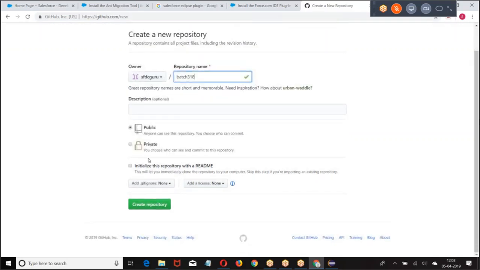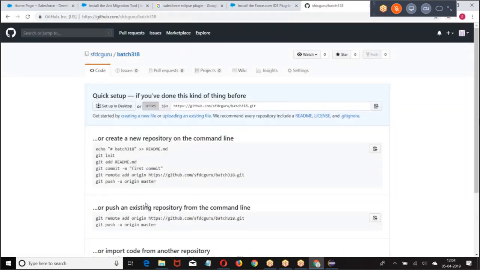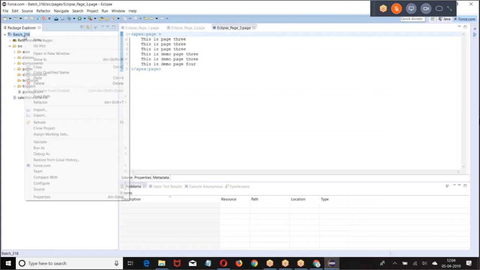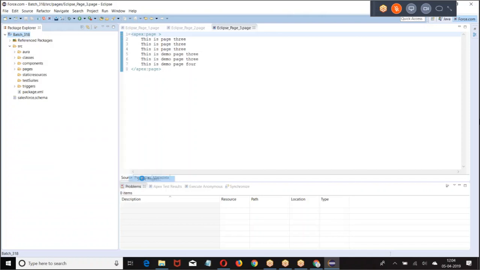Is it public? Yes, public. Do you want to add any readme document? Not required. I created a repository. Then we got a URL here, right? It's very important. Go back to this. Give a right click. What was the option here? Team. Share the project.